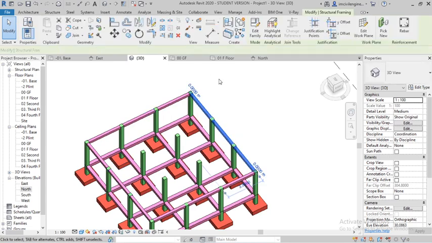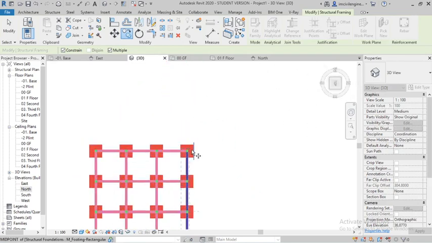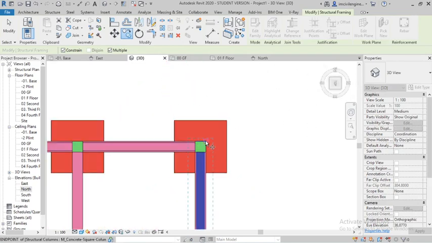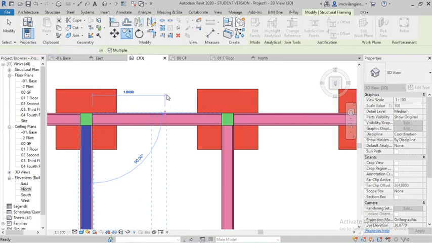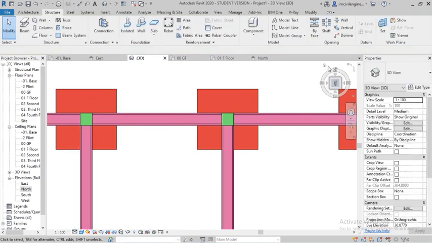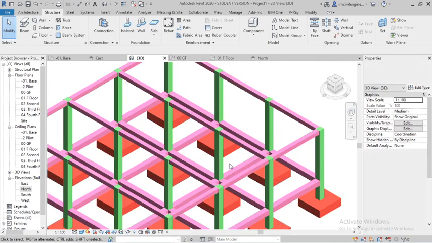Then I go to top. So you can check the copying option. From here to here you can copy, and here to here. It's happened. So fine.